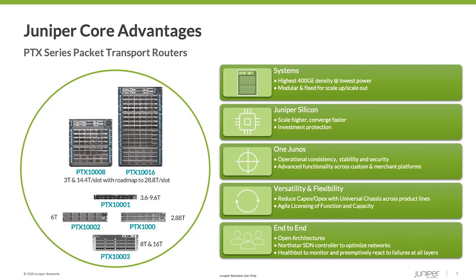We continue to deliver all use cases across our automated WAN routing platforms, whether they're based on Juniper silicon or merchant silicon, from one Junos giving you operational consistency and feature velocity in addition to stability and security. Our cloud experience and leadership has helped drive our Junos feature set and automation capabilities so we can deliver best-in-class solutions for both traditional scale-up as well as the emerging scale-out architectures. Coupled with our one Junos, the universal chassis shared across the PTX family, as you see here for core, as well as our MX series for edge, our QFX for data center,